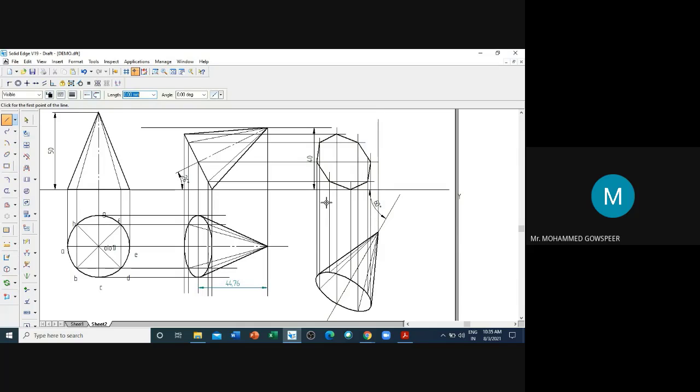And O, normal line style. Now this is O here. Next O1.